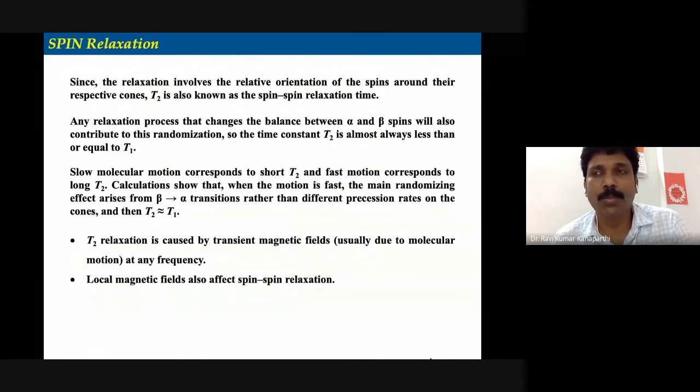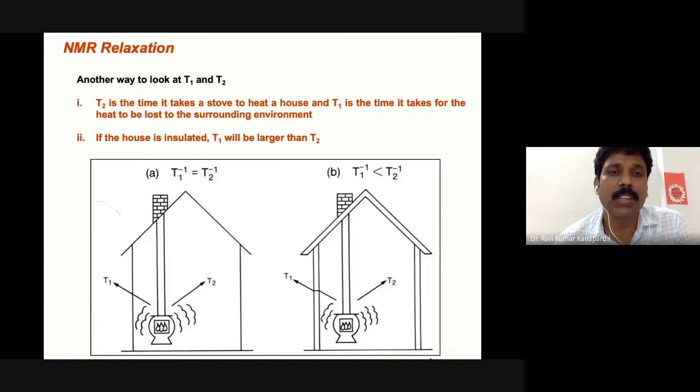This happens through the spin-spin relaxation process, and the time it takes to come back to the original state is measured in terms of the time constant, T2. The previous one, the spin-lattice or spin longitudinal relaxation process, has the time constant T1. Okay, so with this background, let us move on to today's class. Today I wanted to tell a few more things about spin relaxation, and in the second part of my discussion today will be the chemical shift.